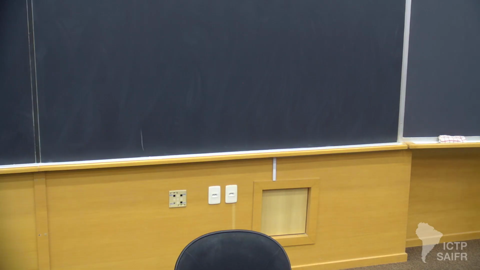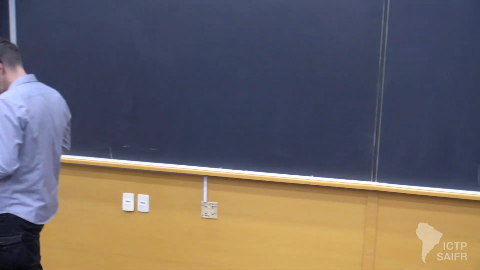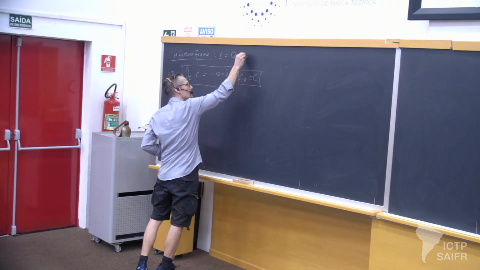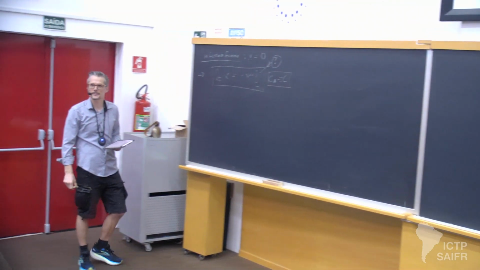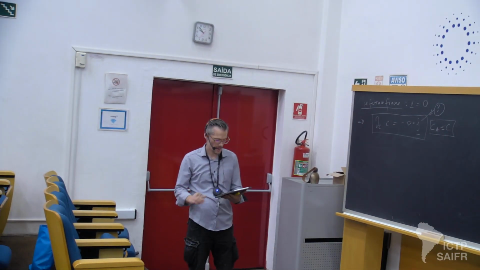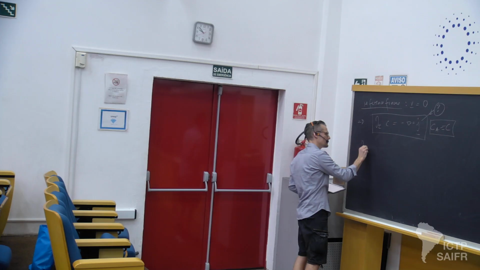We just put it to 0 to keep things simple, but it's a well-defined exchange current. So the next question is, what is the flux? How can I write the flux and link it to the thermodynamics we have discussed up to now? And the general recipe